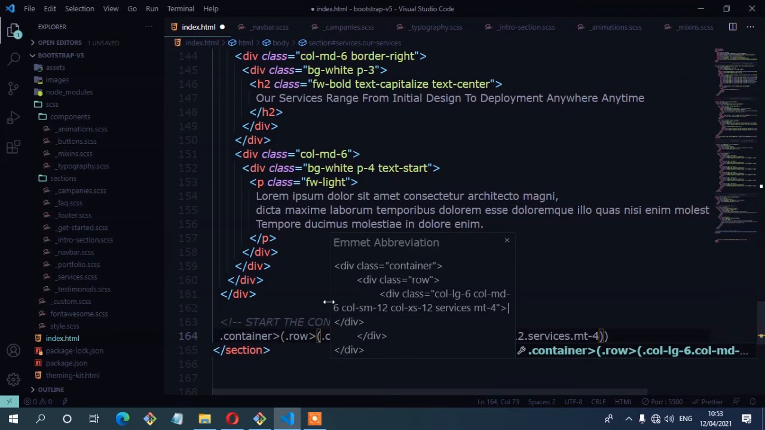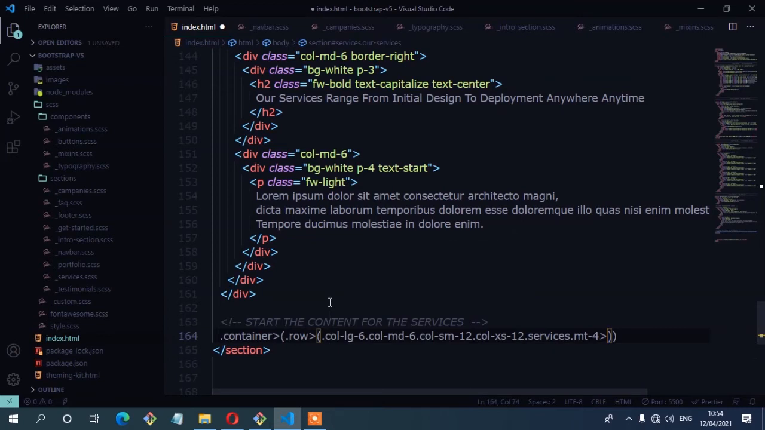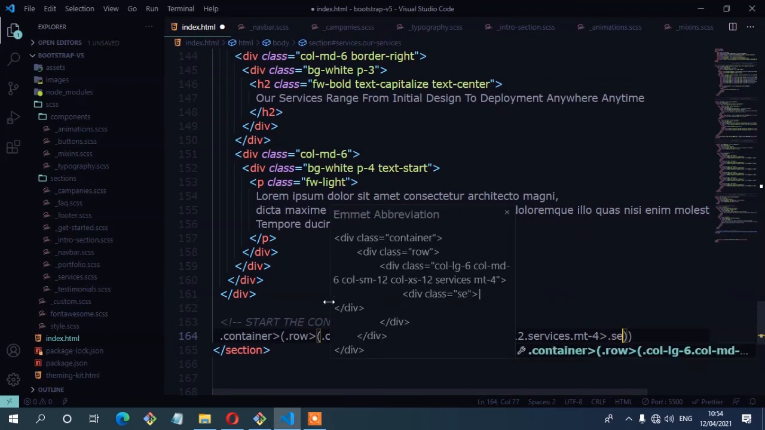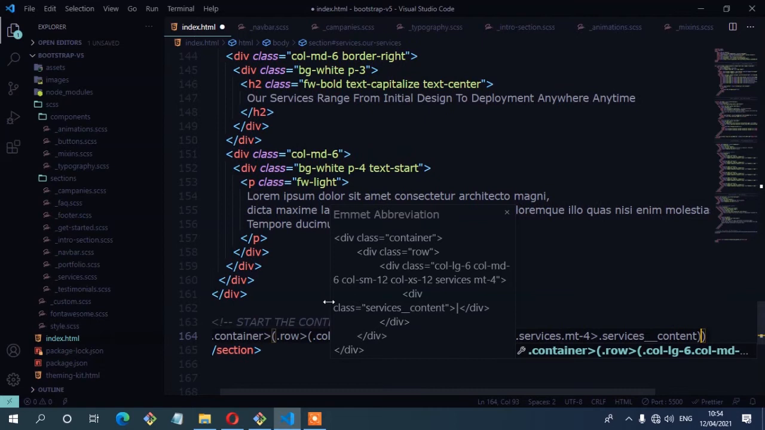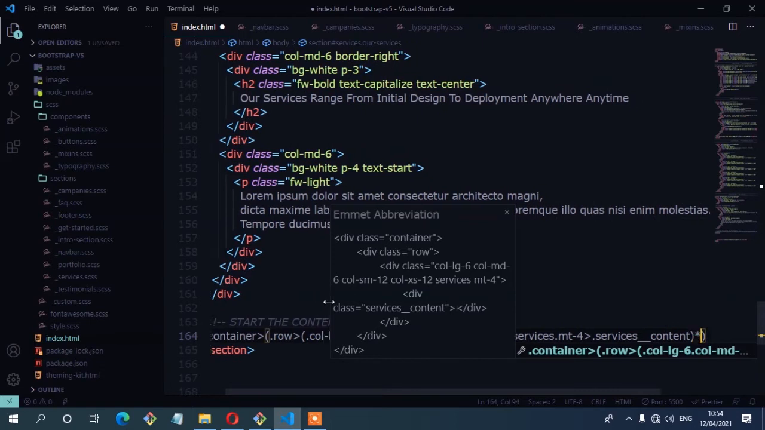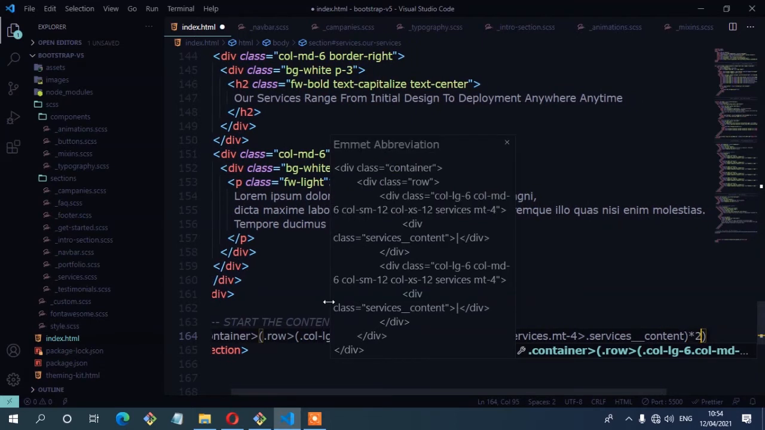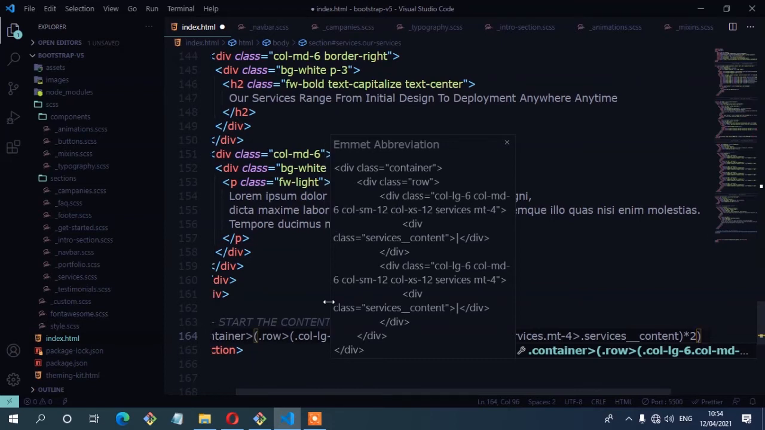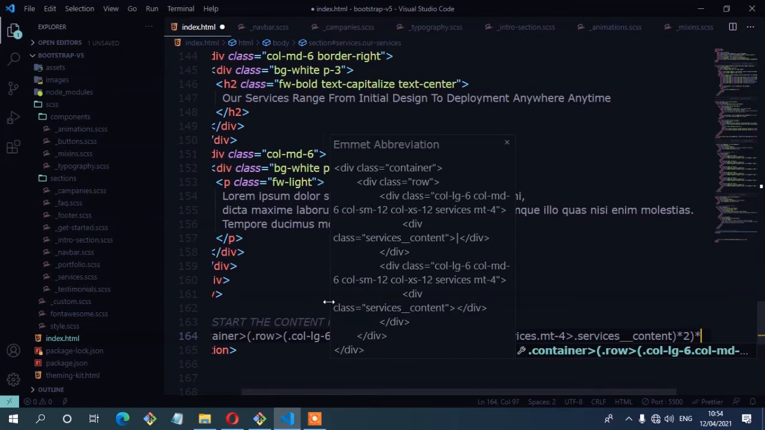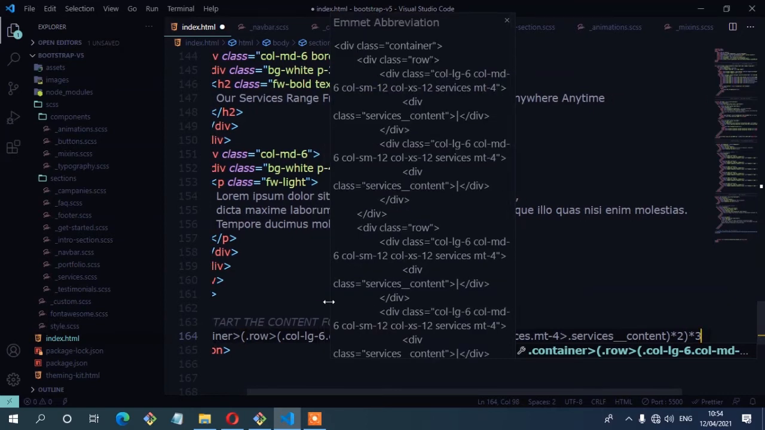Then from there, we need now the container for the content, that is the text. So I'm going to call it services, and here we're going to use block element modifier, __content. So for the columns, I'm going to say ×2, so that we have 2 columns for each row. And then you're going to create the 3 rows or the 3 sections. So I'm going to say ×3. So that means for each row, we'll have 2 columns each. So I'm going to hit tab, and then it's going to generate for us all the 3